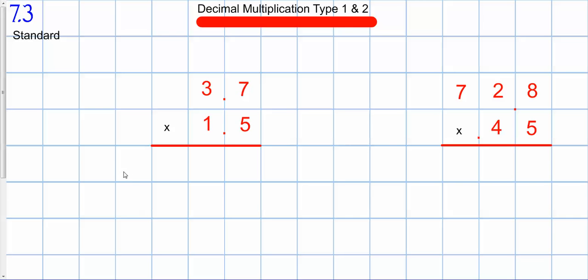Here we have decimal multiplication type 1 and 2. Now, decimal multiplication and whole number multiplication is pretty much the same thing. The only difference is I have an extra step at the end. So, just like in my other standard method of multiplication, I'm going to start with 5 times 7, which is